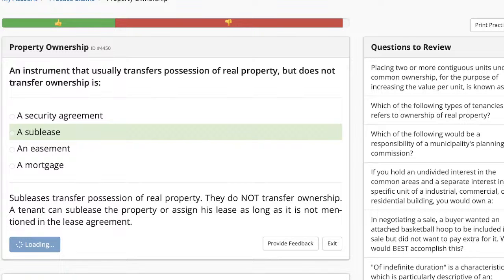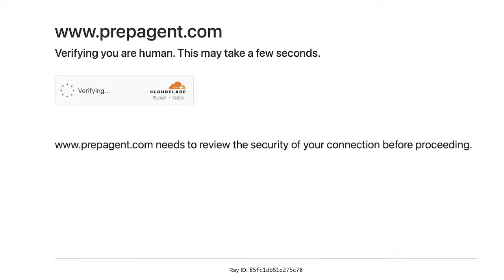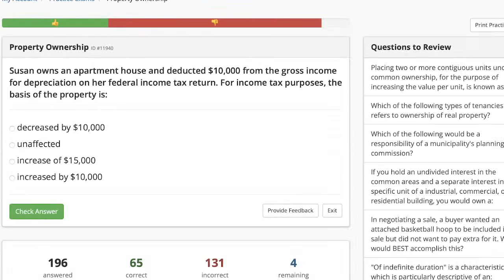All right. So now when we're talking about leases, we had some people who wrote estate for years. And I understand why. Because that is a less than freehold estate, and it's not ownership. Freehold estates are ownership. Okay? Less than freehold estates is what? What is a less than freehold estate?